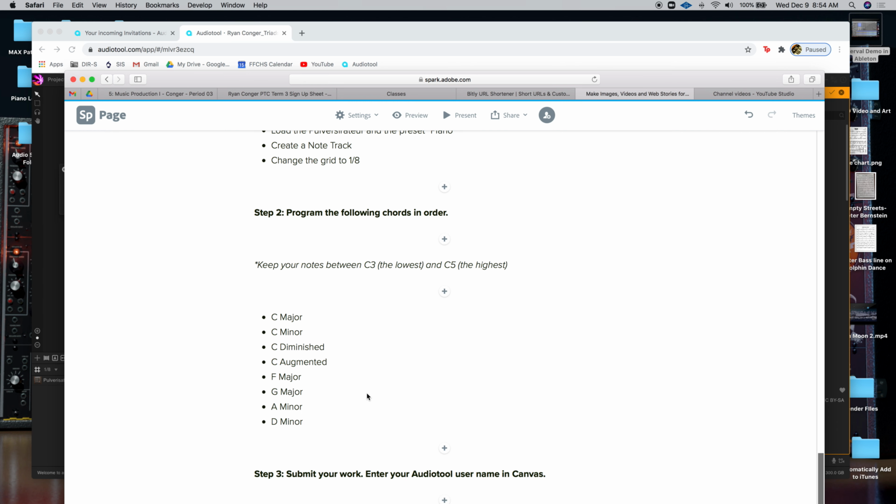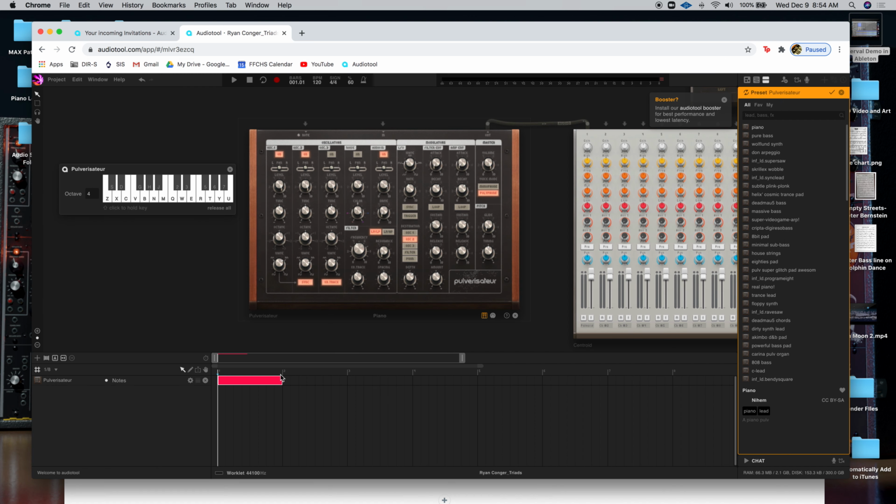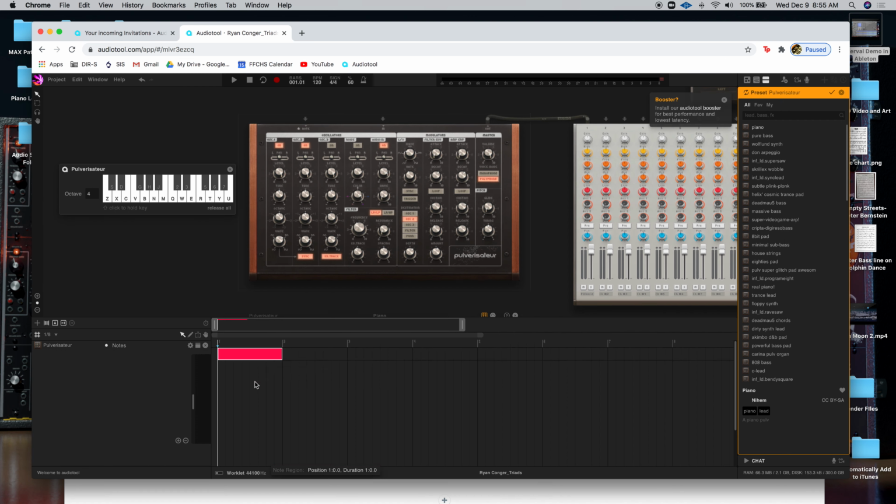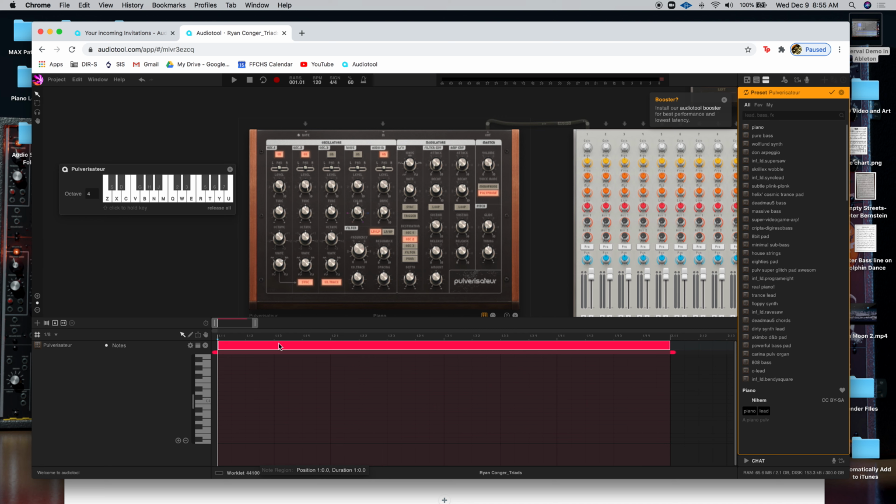So for step two, we're going to start programming some chords. First thing we're going to do is program all the different 4 flavors: C major, minor, diminished, and augmented. So I'm going to start with those 4, and then we'll come back and do the second 4 next. So we're going to come back into our session here, double click on your red cell there to open up the note